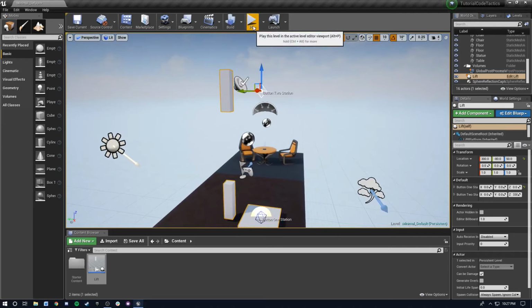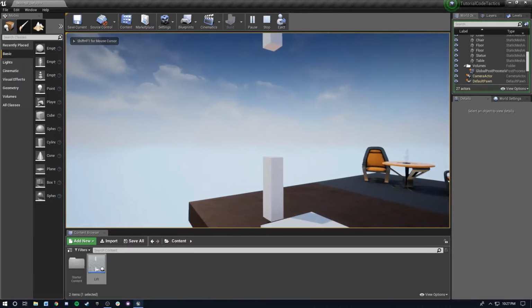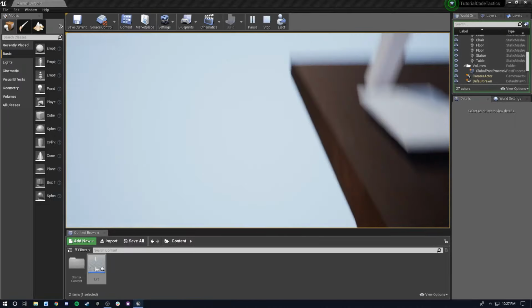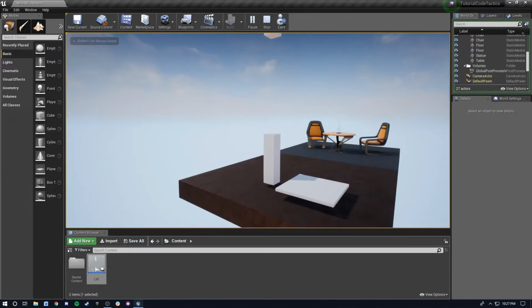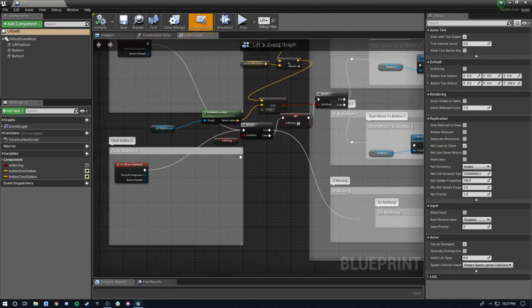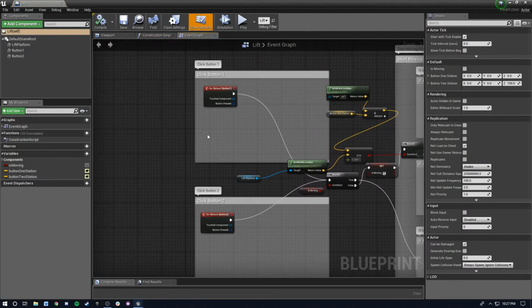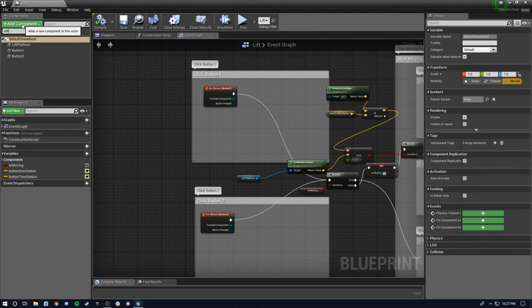Oh, and I would have to expose the mouse to be able to click these. I think I can escape it. Oh, I can't remember what the escape button is right now. What I'll do is exit. I'll make it so that if you press F and you're in range. So in range, we'll just quickly add a volume,